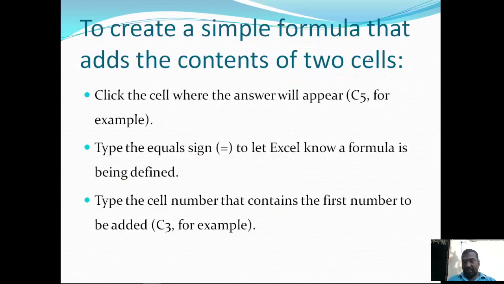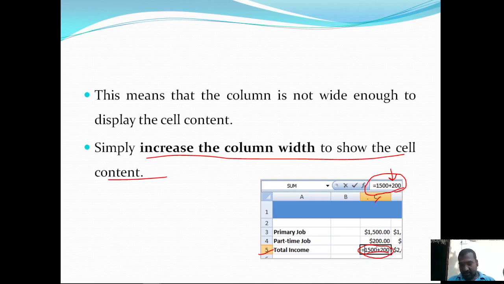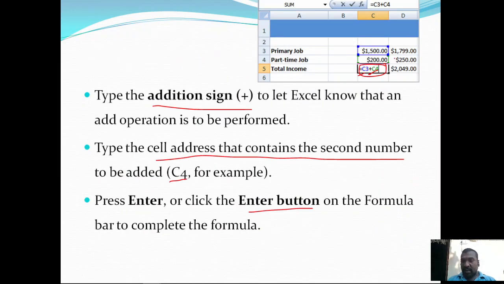Right? So in the previous case, we entered the values directly, adding the two numbers directly. In this case, we are giving the reference addresses of two cells. Whatever values we have in those cells are going to be added. If you update this 1500 to 1700, then it automatically is added with the 200. So 1700 plus 200 is 1900, and 1900 is updated here.